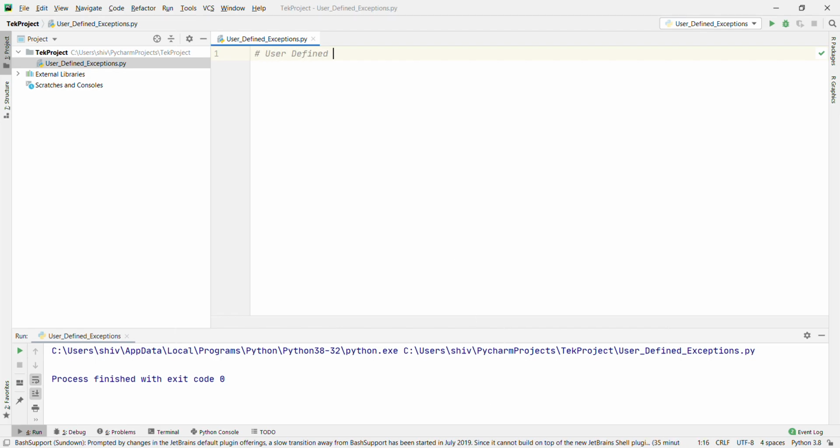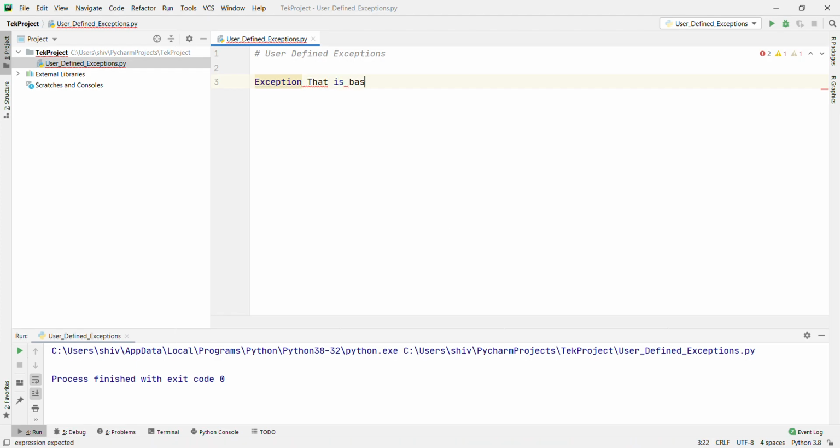User-defined exception. Okay, programs may name their own exceptions by creating a new exception class. In the last video I showed you this is the exception, that is the base class, right? Exceptions need to be derived from the exception class either directly or indirectly. Although not mandatory, most of the exceptions are named with names that end in error, similar to the naming of the